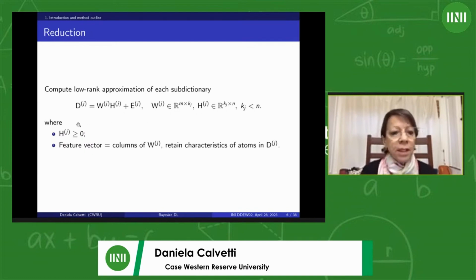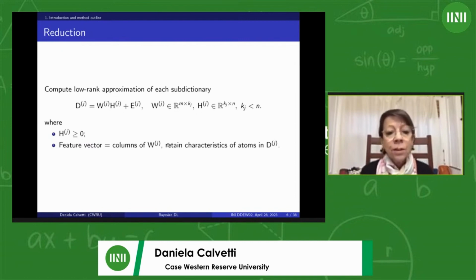So when we do this, we compute this approximation. Now I want to keep the entries of every matrix Hj greater than or equal to 0,